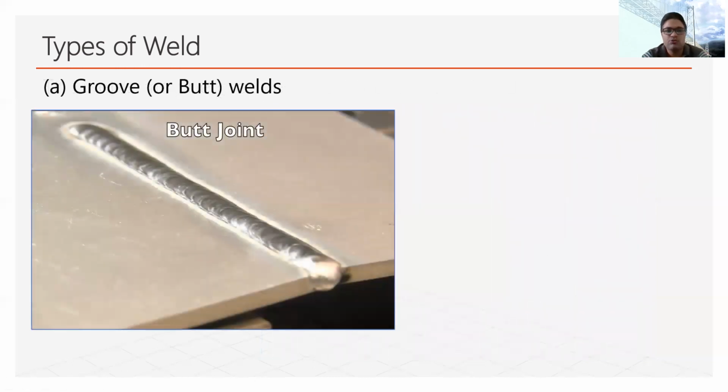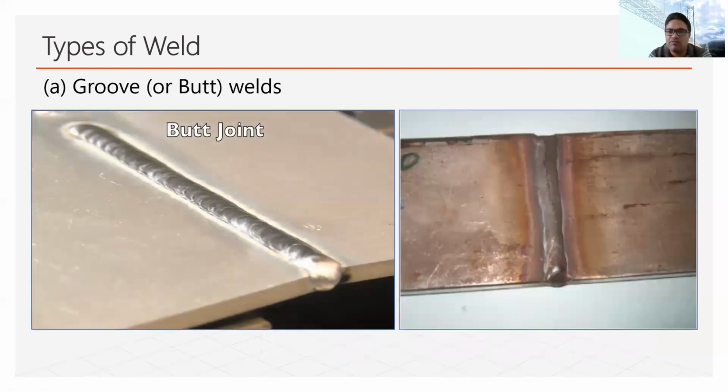So first we will see the groove weld. Now in the photo we can see groove welds. They are sometimes called butt joints, because in the groove weld, two plates, like you can see here, are used, and the grooves are filled by the weld. Because of this geometry, in this image we can see that this is a groove. Basically there is a groove that we make, and we fill that groove with the weld. This is another view.